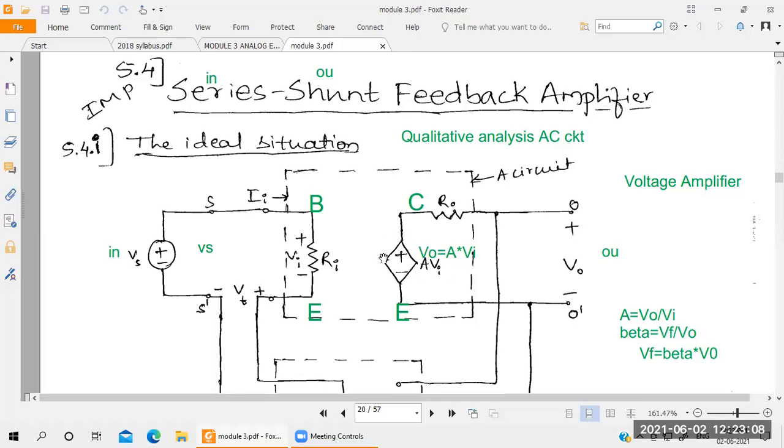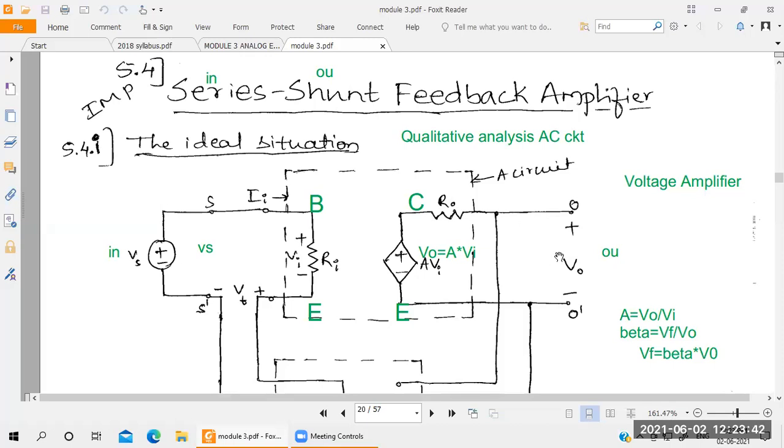Okay, so this one is the output voltage source. This one is a voltage source, not a current source, because they have written plus and minus, right? The plus and minus means it's a voltage source. So you write the gain equation: V0 by Vi. Taking V0 outside, we get A into Vi. After that, you take one small resistance, the output resistance R0. This one is R0, a small output resistance on the collector side.